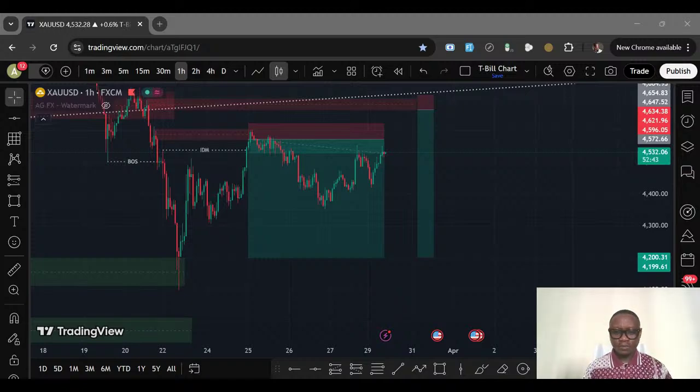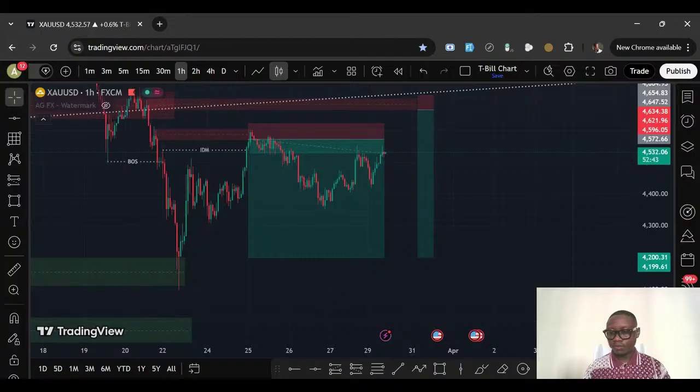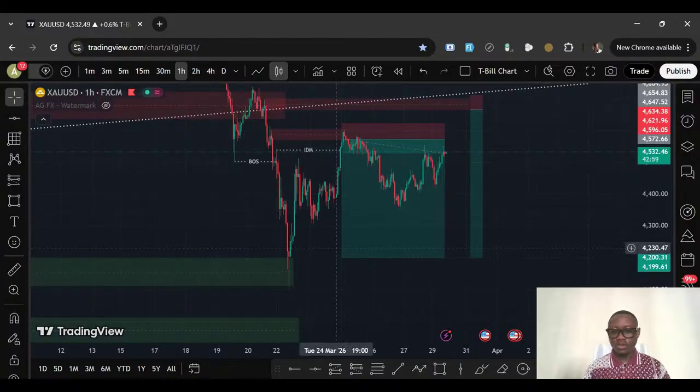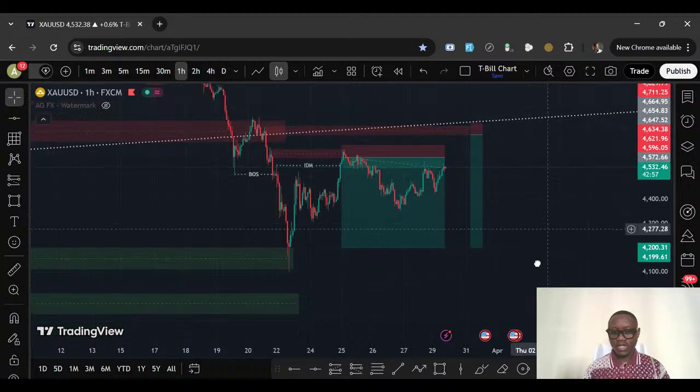All right, so before we delve into today's market analysis, let's do a quick recap of what the market has been doing since our last session. So I'll start with XAUUSD gold. Okay, so this zone, we marked this zone in our last session. We were able to identify